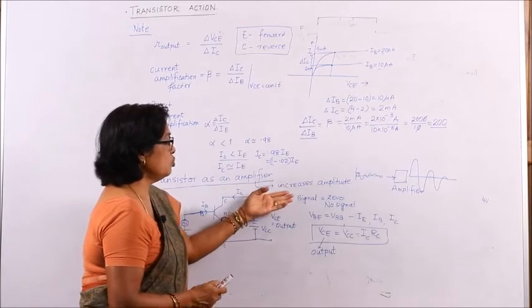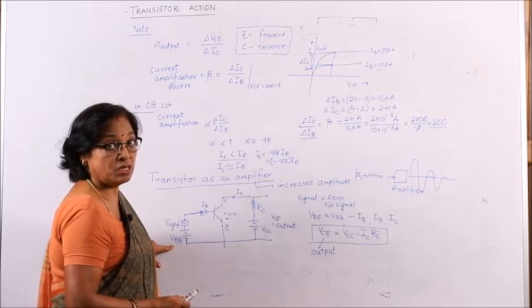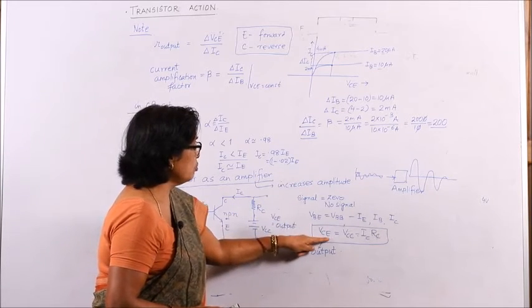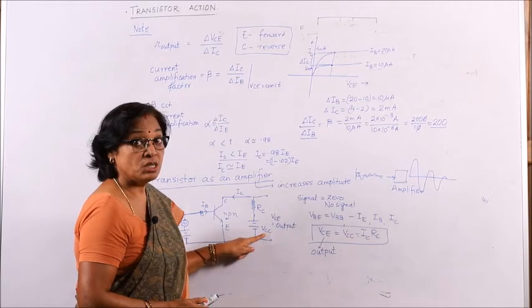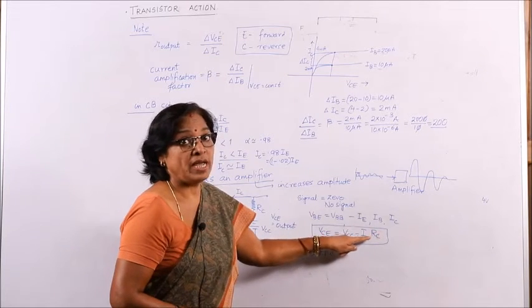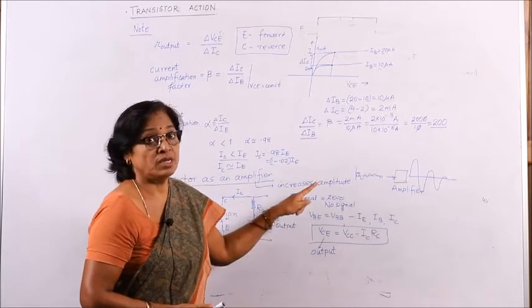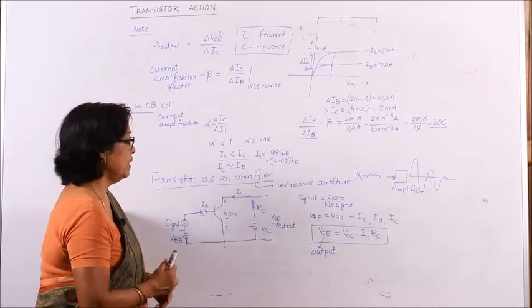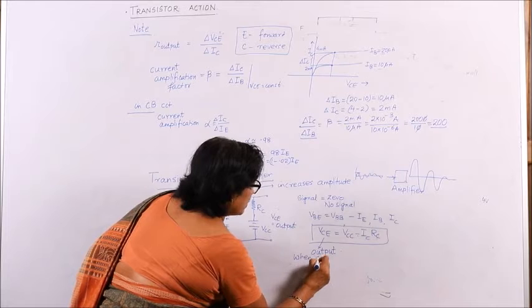So, when there is no signal, the base emitter voltage is equal to this biasing circuit voltage. Output voltage, collector emitter voltage, that is equal to VCC minus ICRC, where IC is the collector current, RC is the collector resistance or load resistance connected to the collector circuit. Now, when signal is given, when signal is connected,